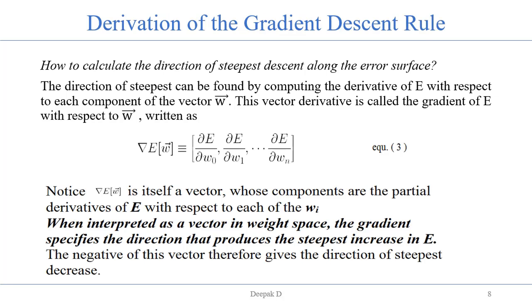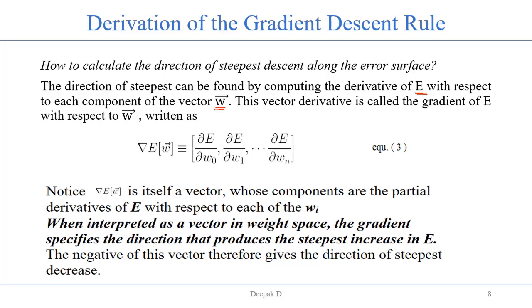See, in the previous diagram we have seen some of the local minimum values and one global minimum value. So to identify the global minimum value, we need to calculate the direction of the steepest descent along the error surface. So how do we calculate that? Let's see that. The direction of steepest descent can be found by computing the derivative of E with respect to each component of the weight vector,